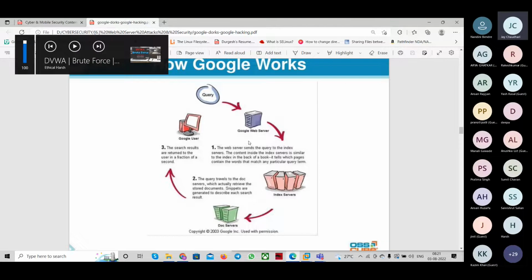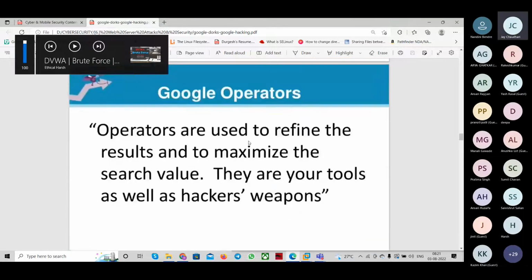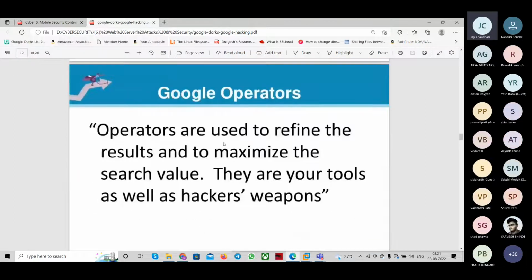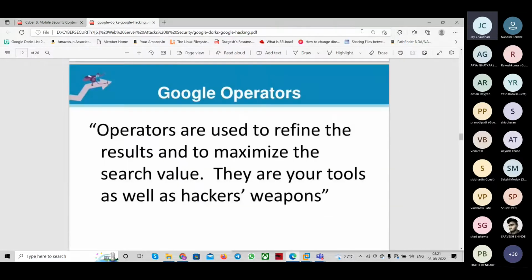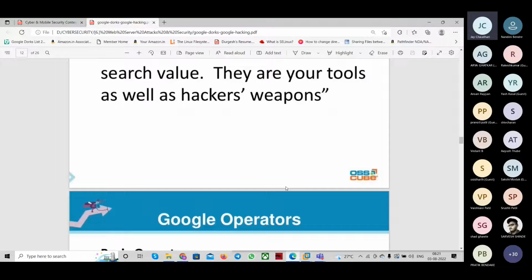Yes, sir. Yeah. And what are the Google operators? Operators are used to refine the result and maximize the search value. They are your tools as well as a hacker's weapon. Okay, so I will tell you the different kinds of operators. You can use these operators as your tools or weapons also. Okay, so what are the operators? I'll tell you. There are many operators which we use on a daily basis, and you will also start using these